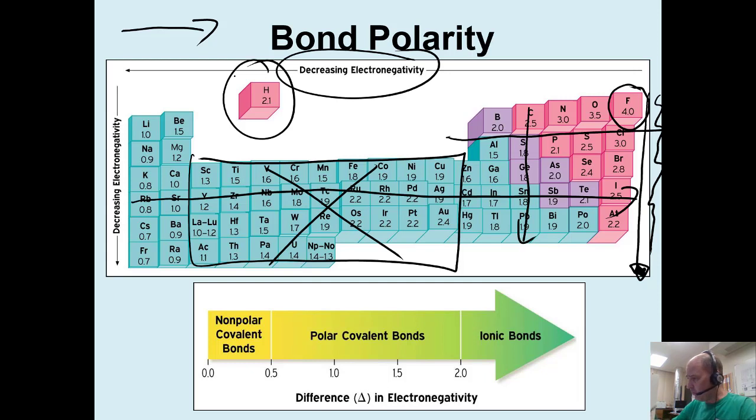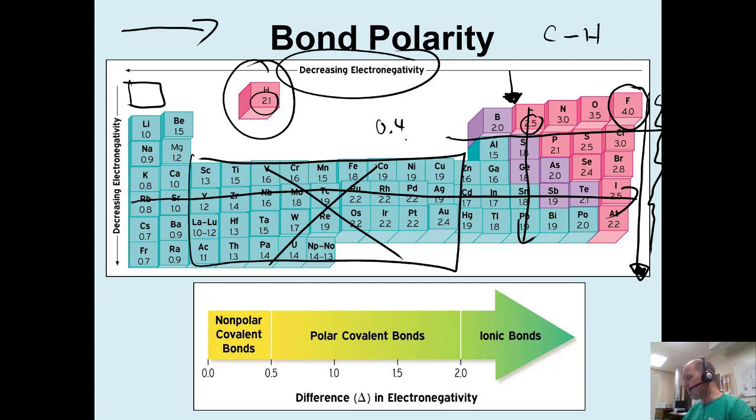Hydrogen is hovering over here. Of course, the periodic table has it there because of its valence shell. But as far as electronegativity is concerned, it really fits in as a value of 2.1. It's shaded here in pink, so it has a fairly high electronegativity. It fits in between boron and carbon, and you would do well to memorize where it fits in. That will help you determine whether a bond is polar or nonpolar. If you, for example, have a carbon-hydrogen bond, you look at the difference in electronegativity. The difference, 2.1 and 2.5, is